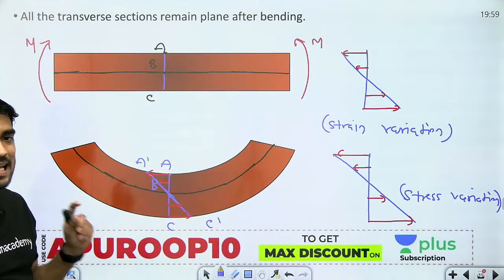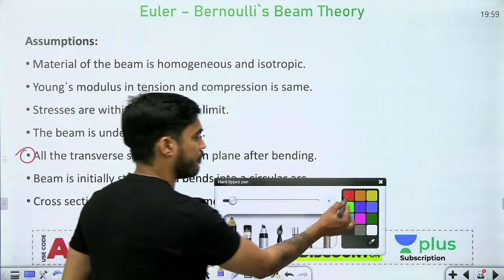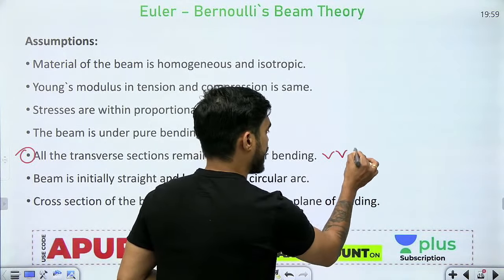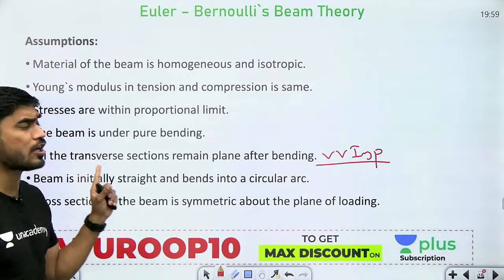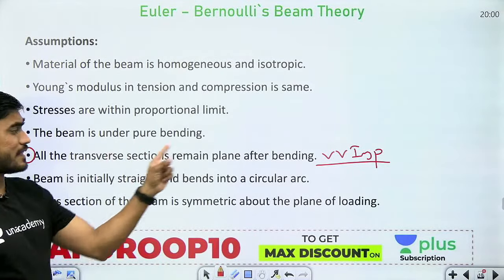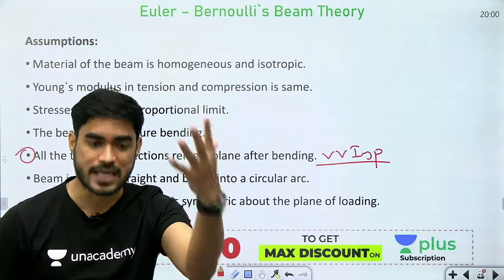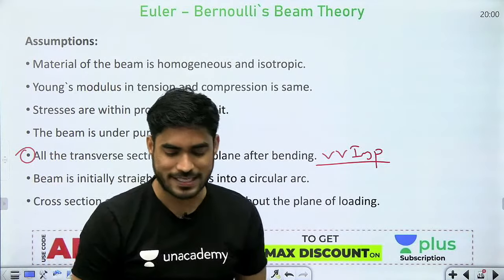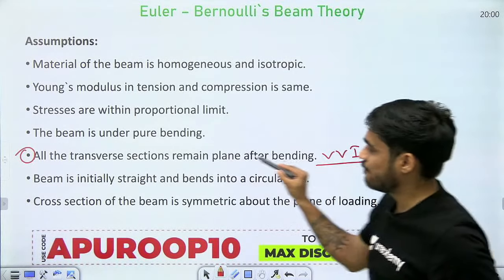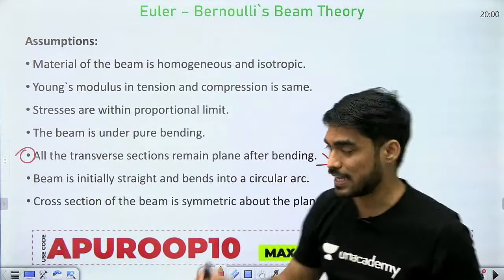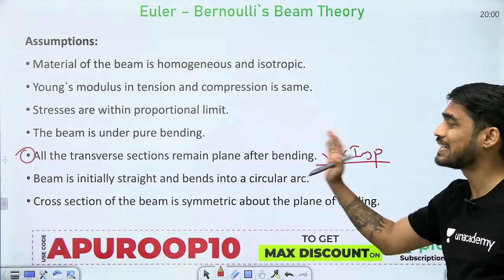Okay, so बेटा ये चीज क्लियर है. Okay, now these assumptions are very important. ये assumption जो है बहुत important है, because there are a lot of questions based on this assumption. Transverse section remain plane after bending, इसका मतलब क्या है? तो बेटा बहुत बच्चे जो है ये समझ नहीं पाते हैं. A lot of times this is not really well explained in the books. Okay, so this is the explanation behind this assumption.